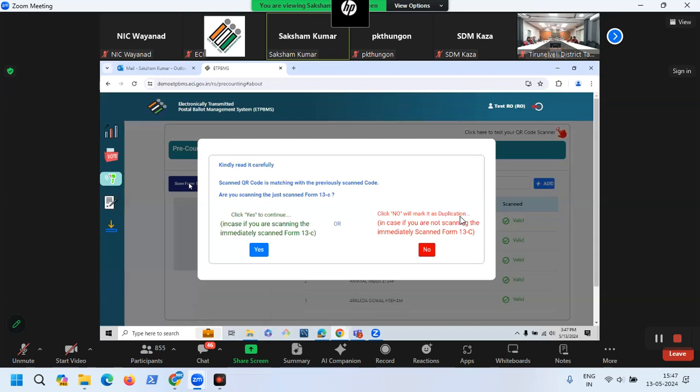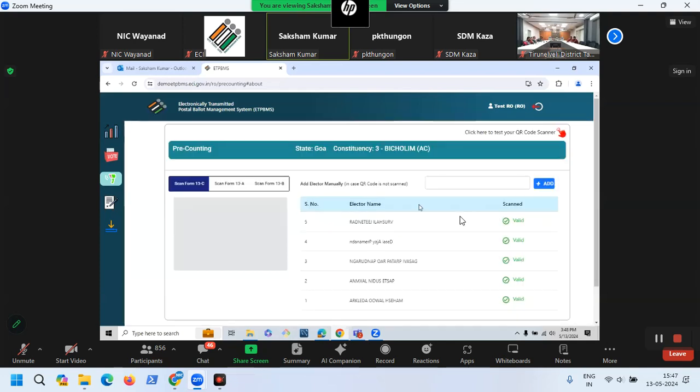Because the scanned QR code is matching with the previously scanned code. So if you say yes, the system will do nothing. And if you say no, it will mark it as duplicate. So since I'm scanning the same ballot, I'll just say yes. So you can see no changes in the system, right? And if I had clicked on no, it will mark it as duplicate. All right. So next I will scan.